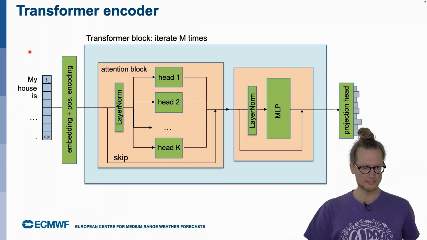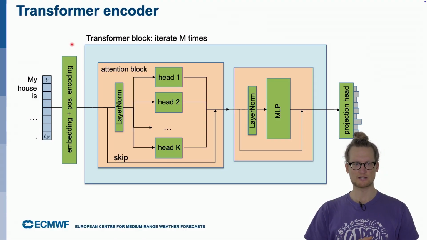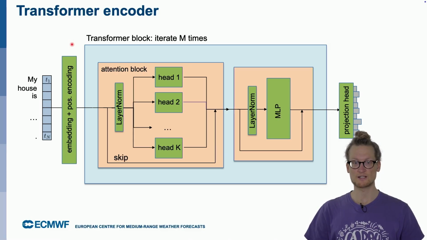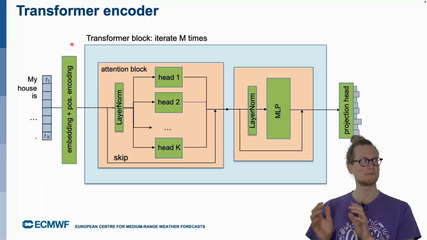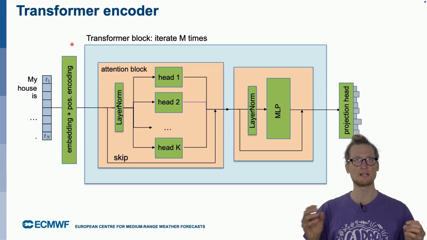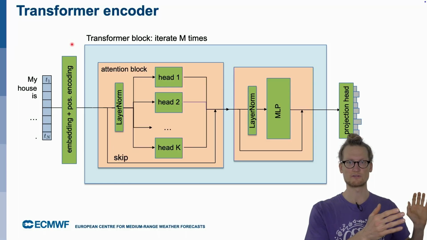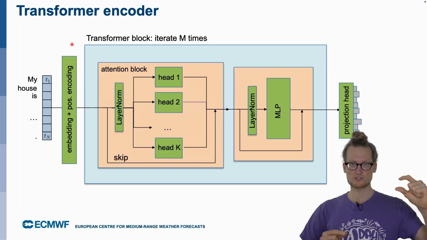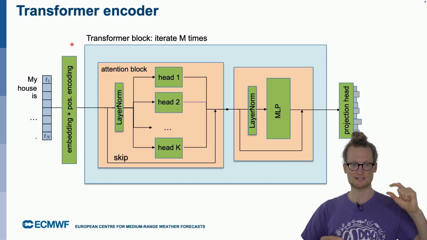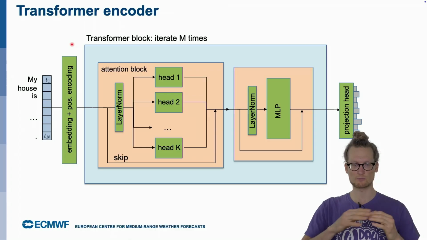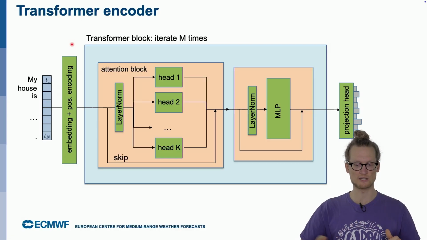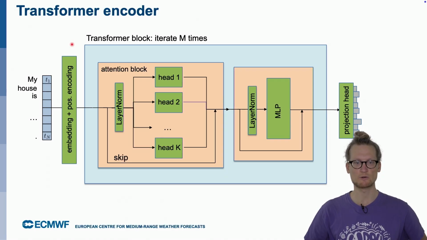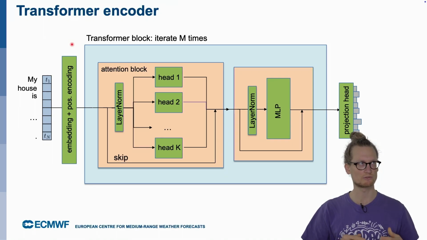Now looking at one crucial ingredient that is still missing until we have the transformer complete is a so-called positional embedding. Without this positional embedding, the transformer would in principle be blind to the order of the input sequence. It wouldn't have any notion of which word comes in at which position, like does my come before house, and what is basically the order of the input words. And this is kind of dramatic. If you wouldn't know anything about the order of your inputs, then how would you create a reasonable prediction of